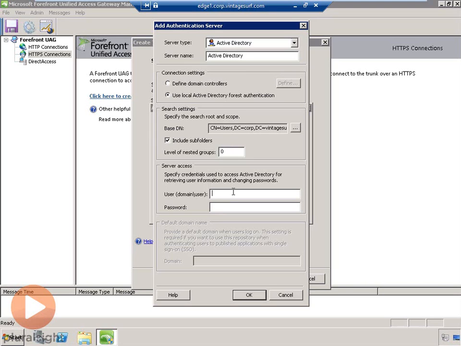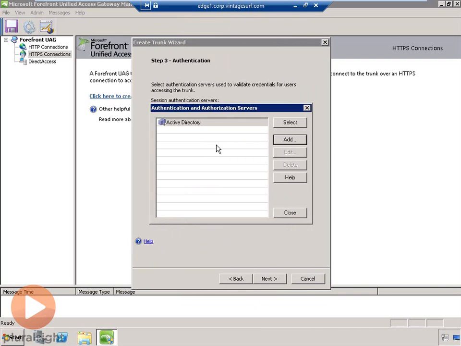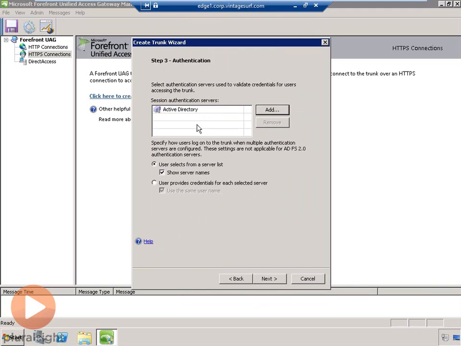And then last thing we're going to ask for is access to the server. So this is supplying the credentials for an account that has access to read your directory. Here I've created a service account called AD Service, and I'll provide the password for that, and then we will choose OK. So now that we've created our directory, we can choose Select, and you'll see that it shows up